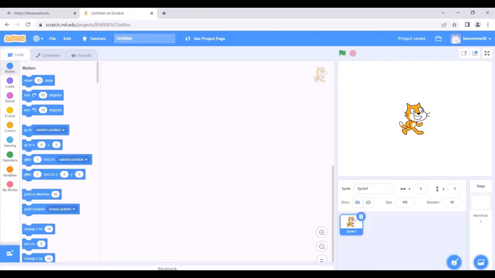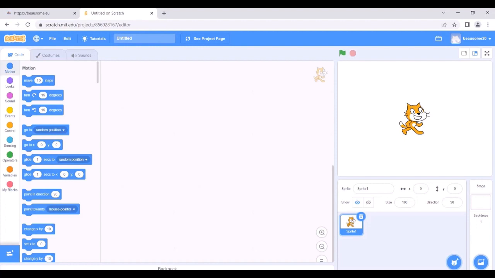And through this interface, this environment, we will create our game. As you can see in this area, we have 3 columns. We have block palette, which is this one.